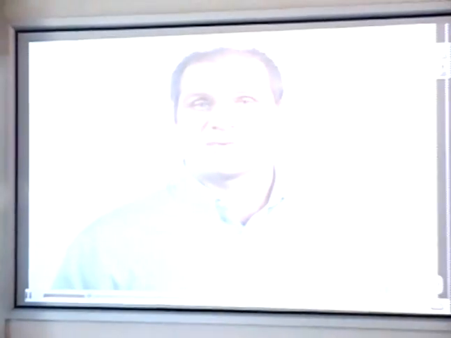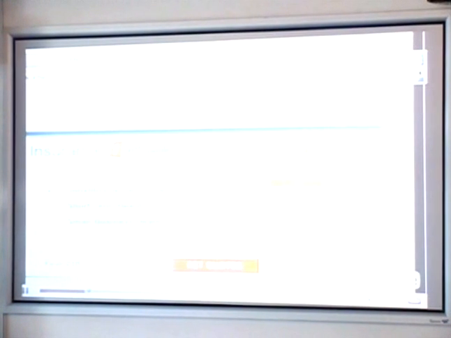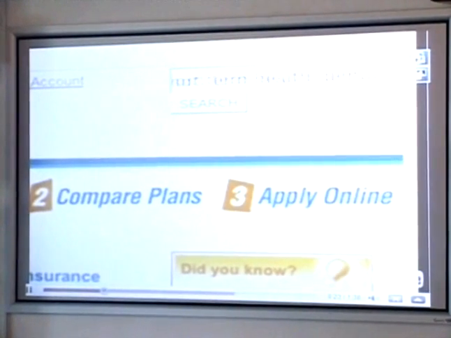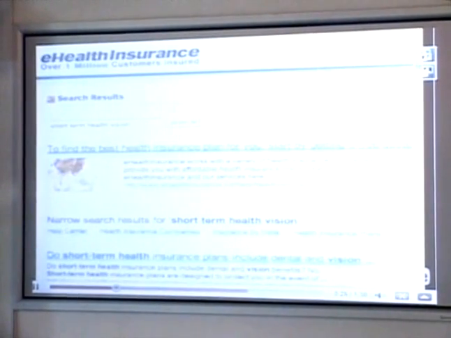Hi, my name is John Sloan, Vice President of Product Management of eHealthInsurance.com. eHealthInsurance.com is the leading online source of health insurance for individuals, families, and small businesses in the U.S. Our company was the first one to create an online shopping experience for the health insurance vertical. We were an early adopter of Google Site Search because we knew that Google Site Search is a product that consumers have come to expect to find when shopping online. So not having it was potentially costing us business.